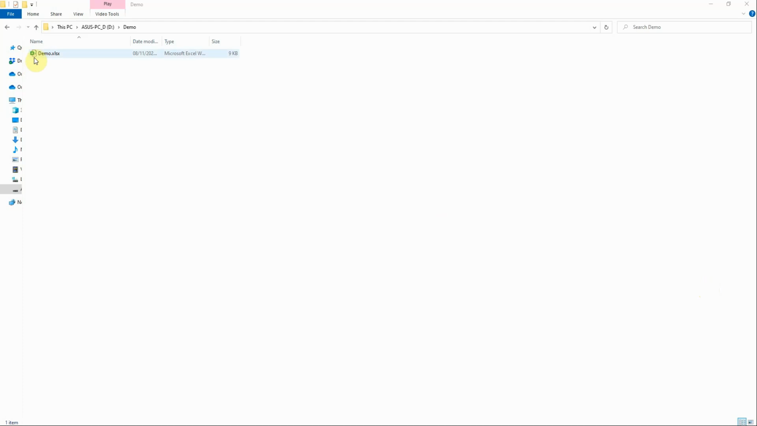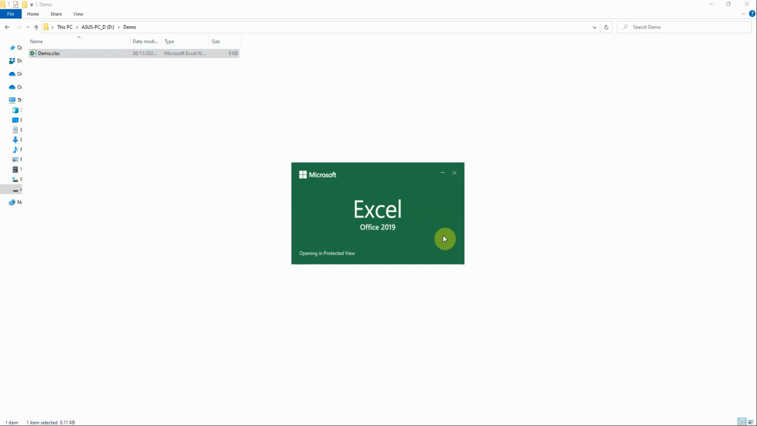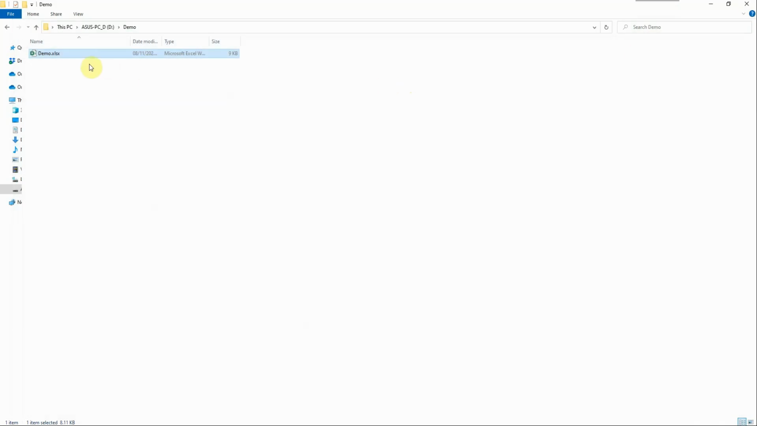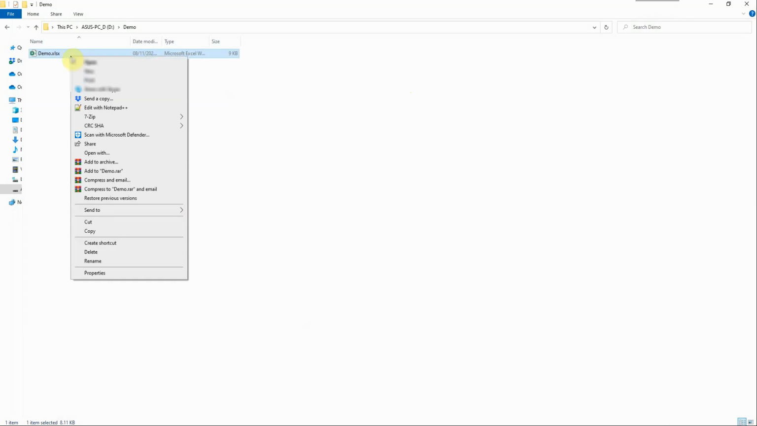So this is one of our documents we got. Now this one will open. So if I just double click on it, you'll see it's open. We'd have to enable editing, and that's fine. So if I close that, the reason sometimes they don't open or they open in that mode is if you